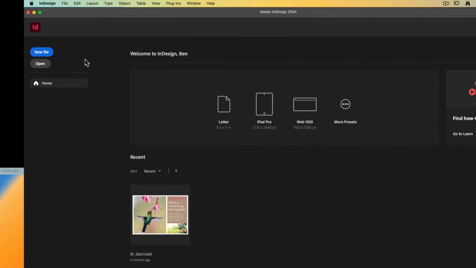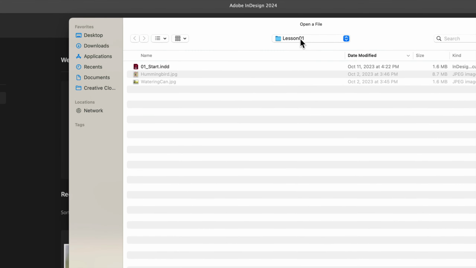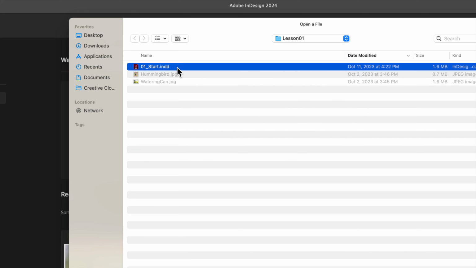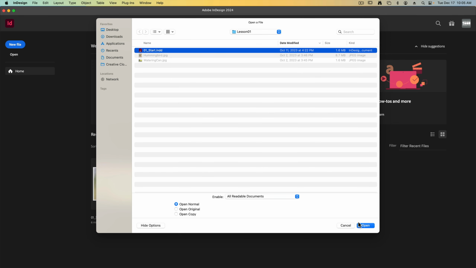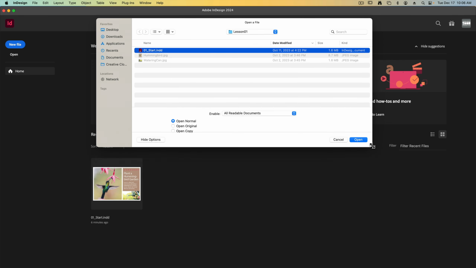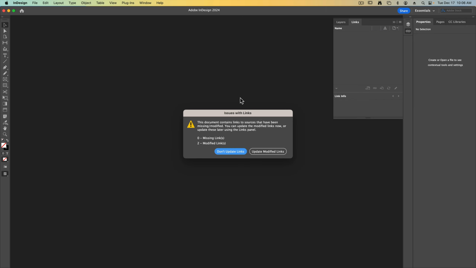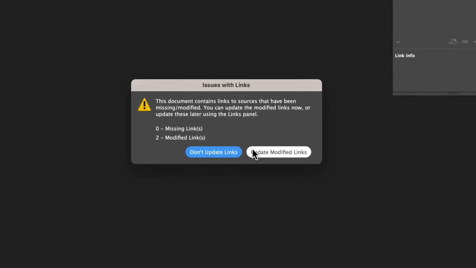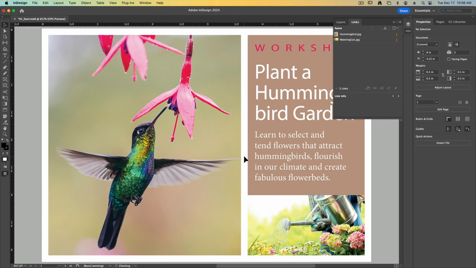Let's click on the Open button and then locate the Lesson 1 folder and locate the 01 Start InDesign file. With it selected, you can click on Open. This will give us an error warning saying there's some issues with the links. Links simply means it's trying to link to or find resources for the file. Since these have been updated and modified, we're going to update the modified links and give it just a moment